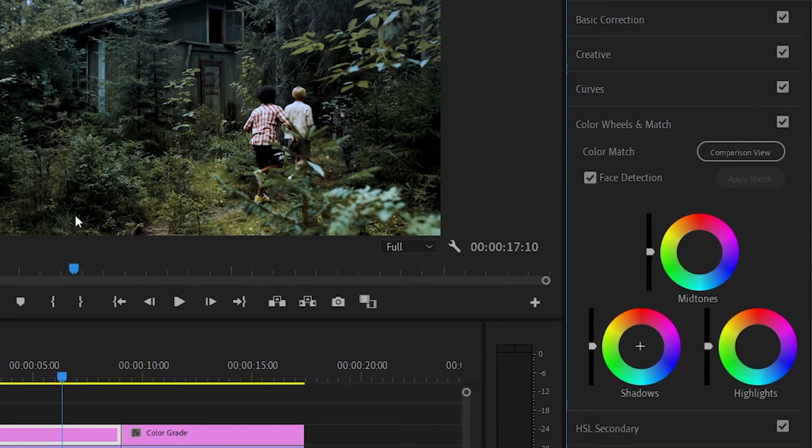So I want the shadows to become a light cyan bluish color. I want highlights also of that color, but a little less, and make midtones a brown type color, and bring up the midtones a little bit and bring down the shadows.